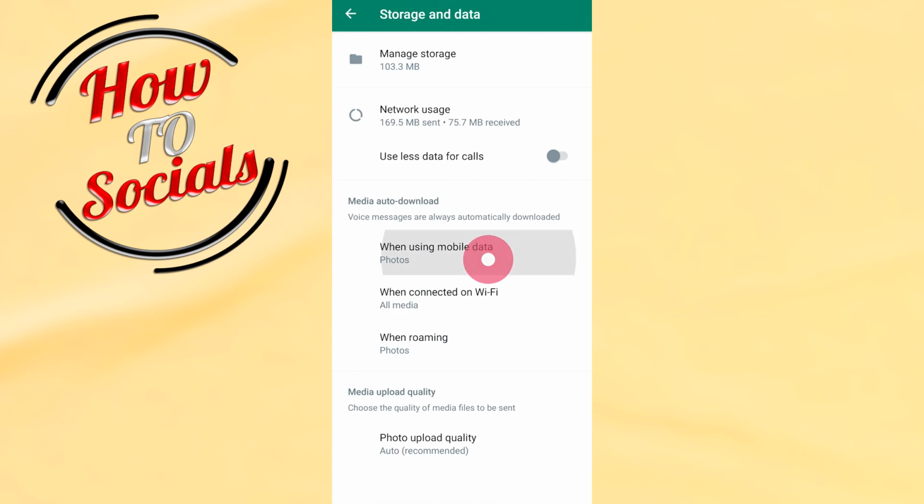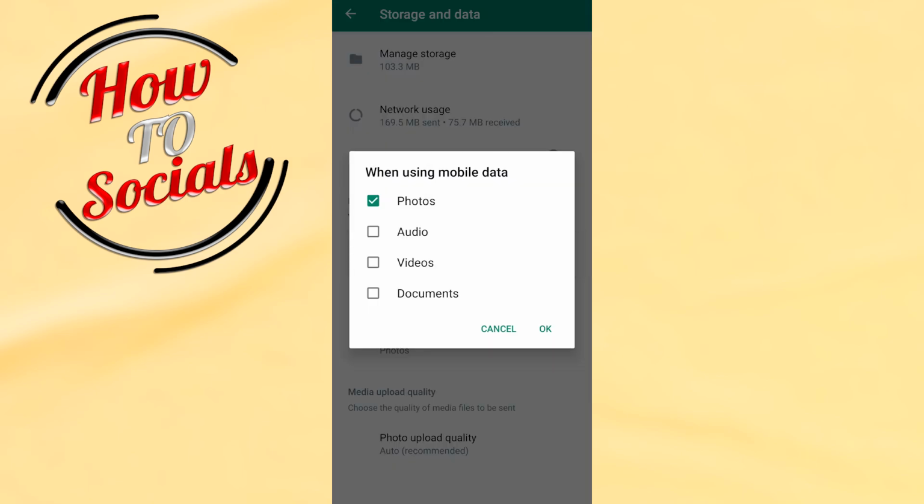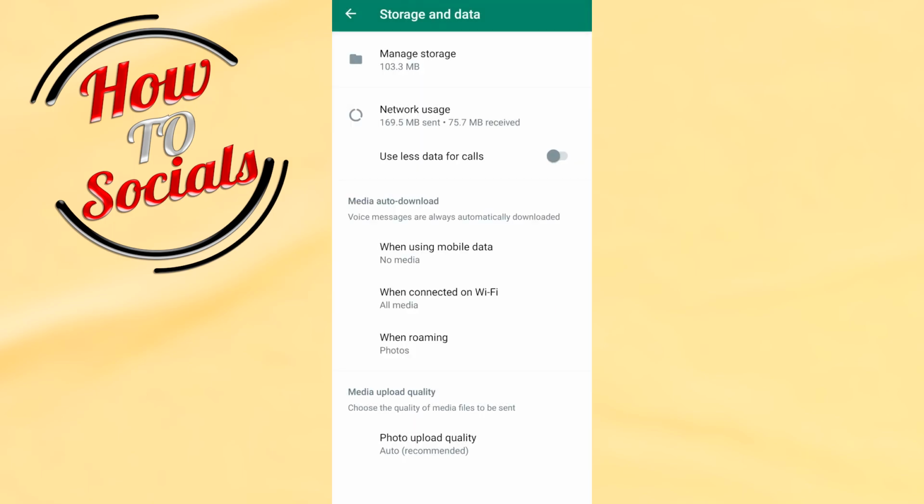When you click on it, and now when your mobile data is turned on, if you go and unselect this photo, now it will stop auto downloading photos, which will also include videos, which will be related to using mobile data. Go now, okay, and what you need to do if you want to do it through your Wi-Fi,